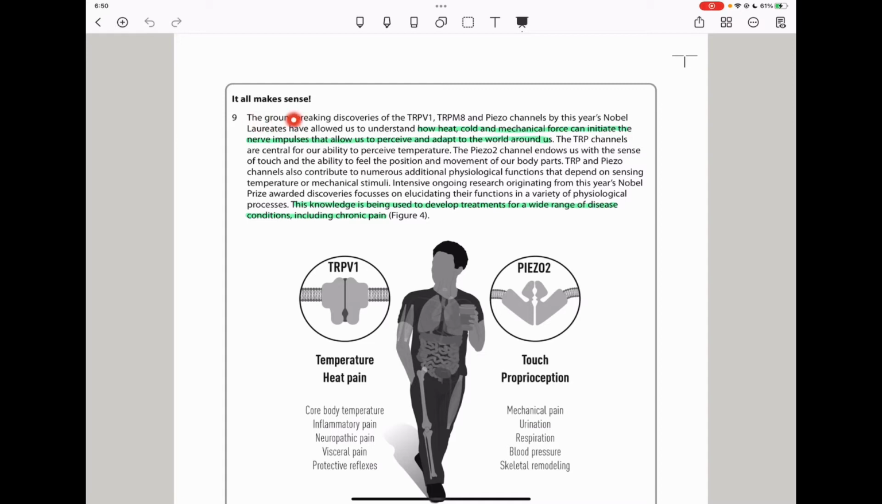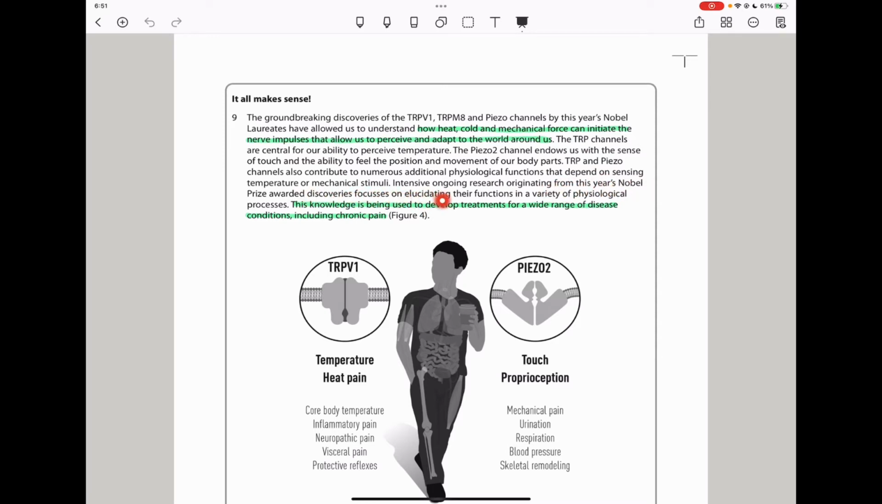Paragraph 9. The groundbreaking discovery of the TRPV1, the TRPM8, and Piezo channels by this year's Nobel laureates has allowed us to understand how heat, cold, and mechanical force can initiate the nerve impulses that allow us to perceive and adapt to the world around us. The TRP channels are central for our ability to perceive temperature. The Piezo2 channel endows us with a sense of touch and the ability to feel the position and movement of our body parts. The TRP and Piezo channels also contribute to numerous additional physiological functions that depend on sensing temperature or mechanical stimuli. Intensive ongoing research originating from this year's Nobel Prize awarded discoveries